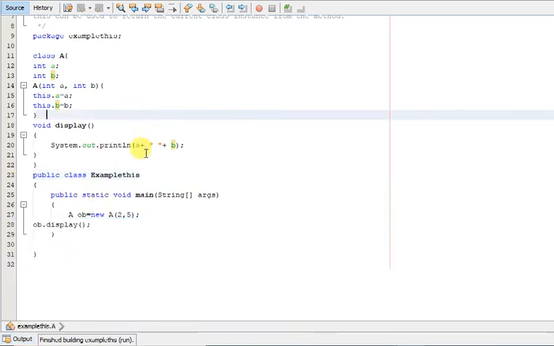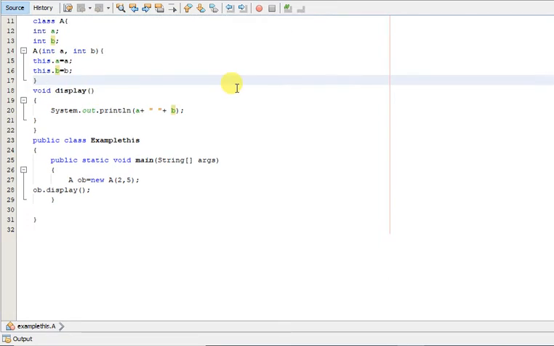So this is one of the uses. If the instance variable name and the formal arguments name are the same, then in order to differentiate them, we must use this keyword.